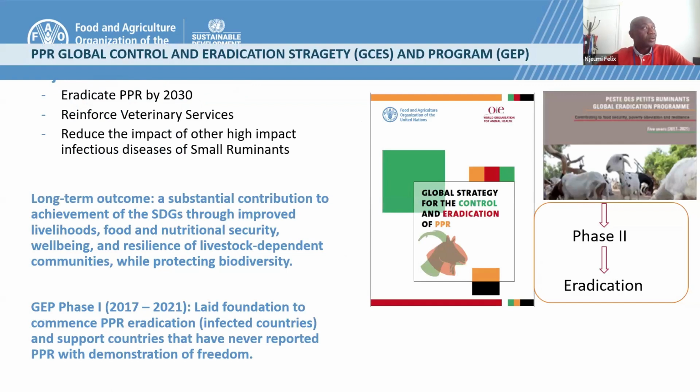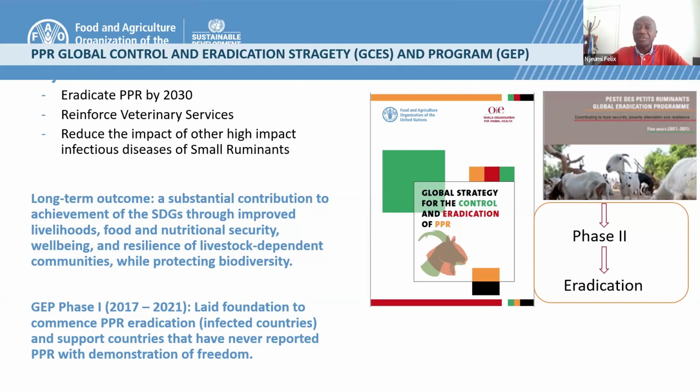But in the introduction, I was presented as maybe coming from rinderpest. It's true that one of the success stories of veterinary science is the eradication of rinderpest. That was declared eradicated in 2011 here in Rome. But when declaring the eradication of rinderpest, member countries requested to use the lessons learned from the eradication of rinderpest and apply them to other disease control. Therefore, we started thinking about the next disease to be eradicated, peste des petits ruminants.